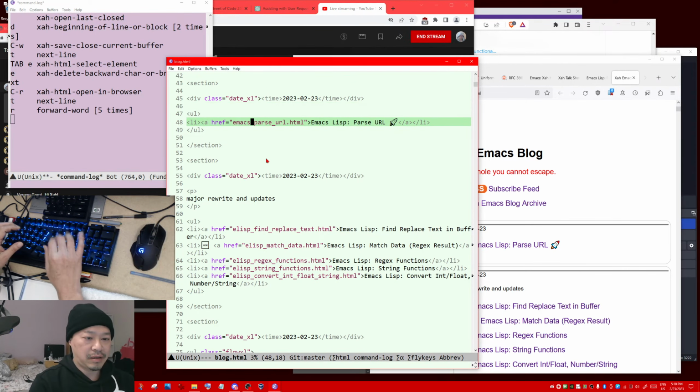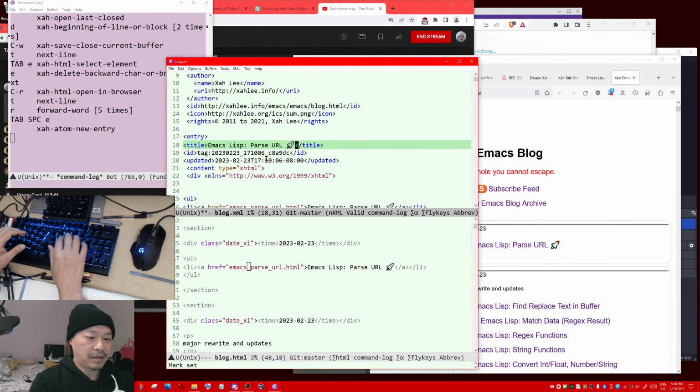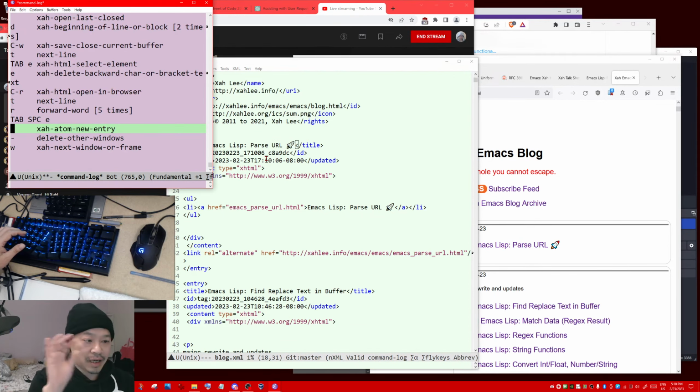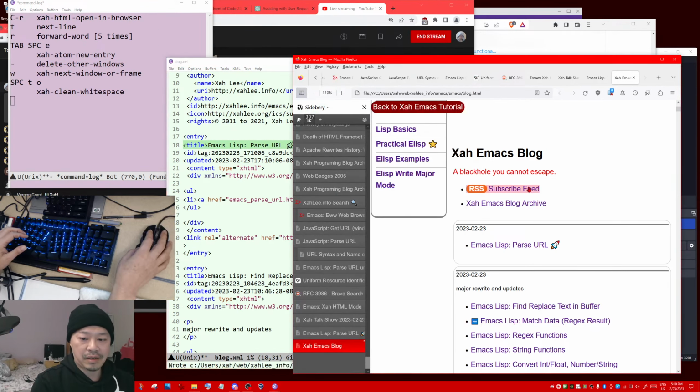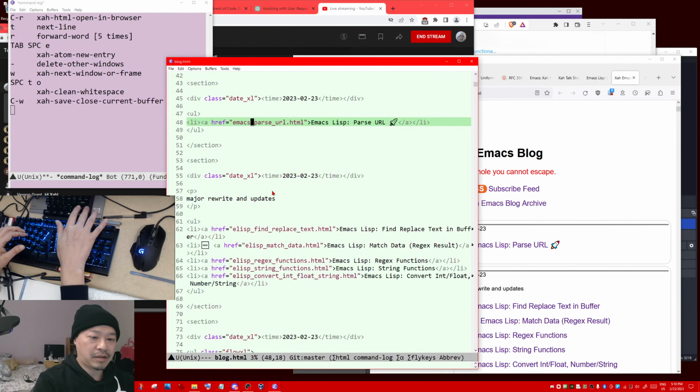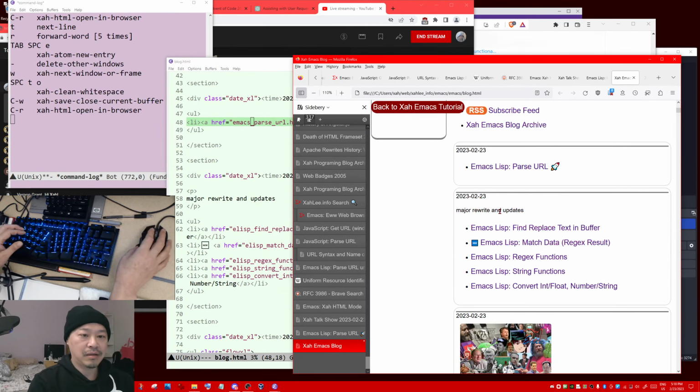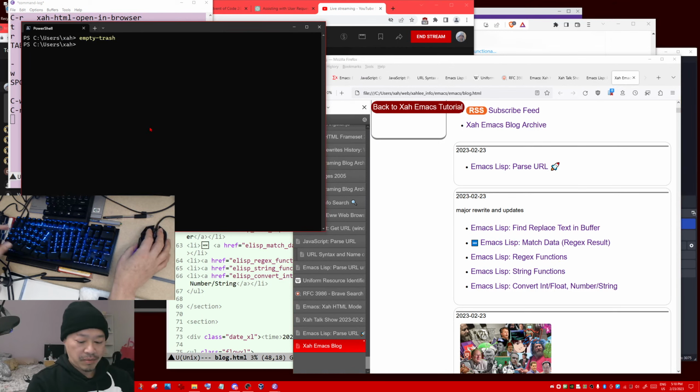So call a command. This command is atom new entry, so it adds an entry in the RSS. Okay, so close it, show in browser. Then what I have to do is just go to the PowerShell